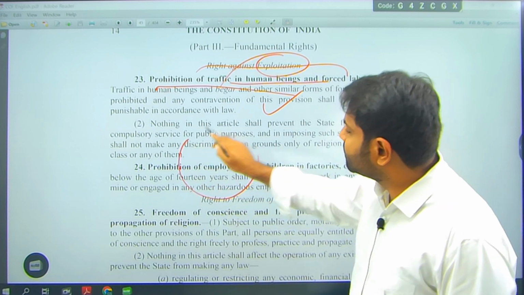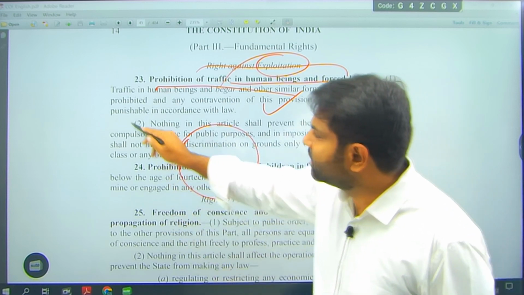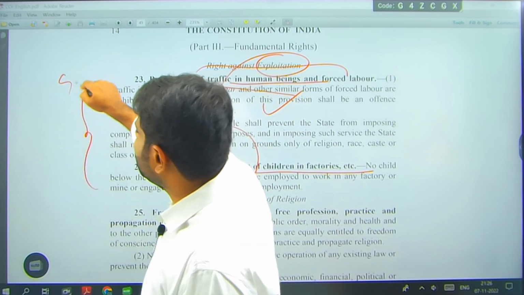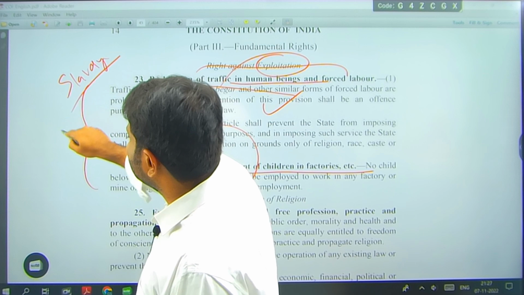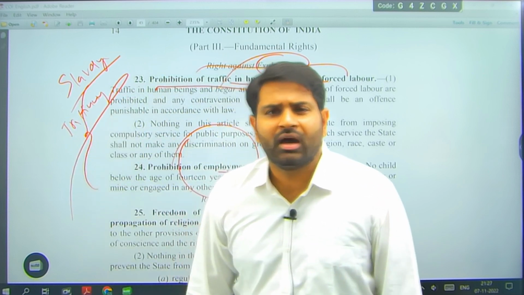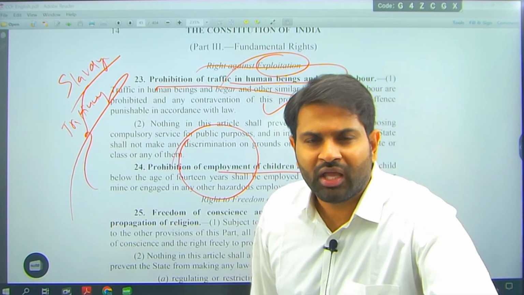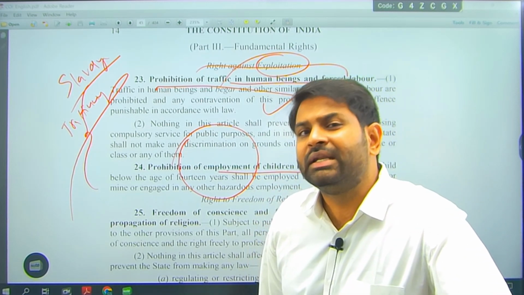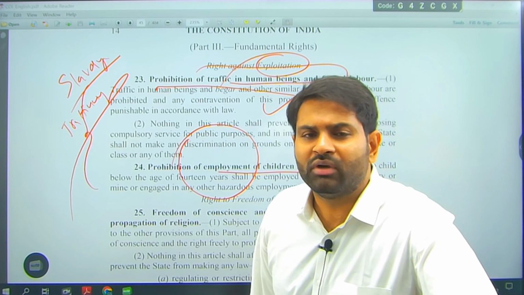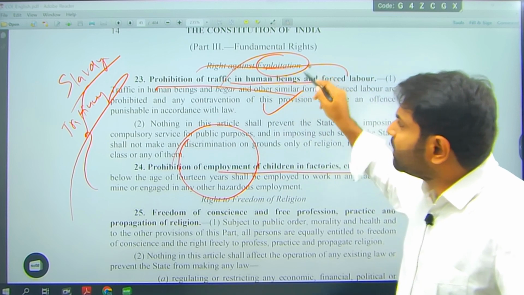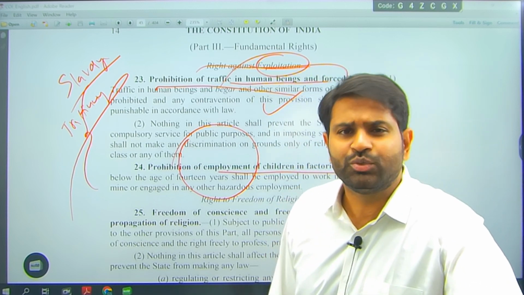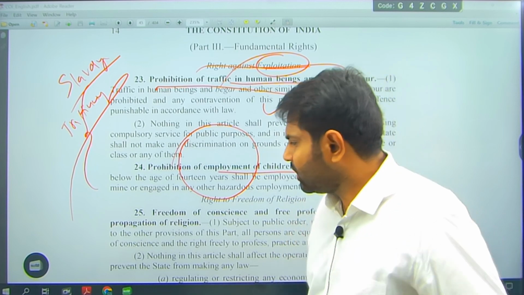The next important is prohibition of child labor. Article 23 and 24 will protect you from slavery, kind of slavery, trafficking, begar. There are different words: trafficking, begar, any work which is enforced, any work which you are not doing voluntarily. You are protected from that. That is in Article 23 and 24, right against exploitation. Don't write right to exploitation. It is right against exploitation. It is very important you remember against. Don't write right to exploitation, please.